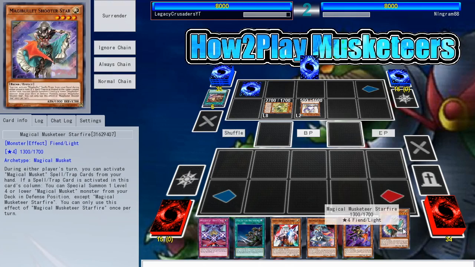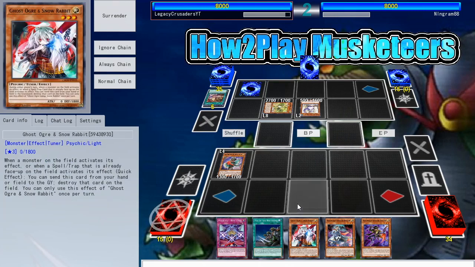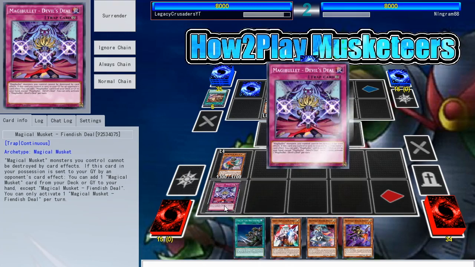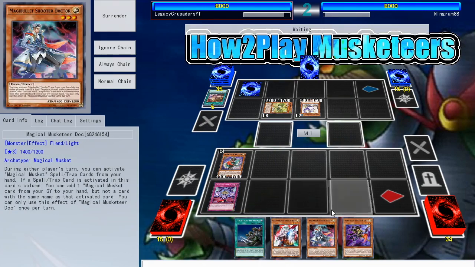Normal summon Starfire in line with his trap card. Yeah, activate something. I dare you. Activate Fiendish Deal. You got it, boss. In front of him, I guess? Yeah, in Starfire's line. So this is our, like, one continuous card, or maybe we have one more? There's two. Crooked Crown is also one, but...